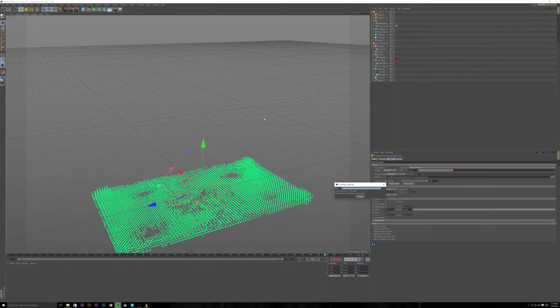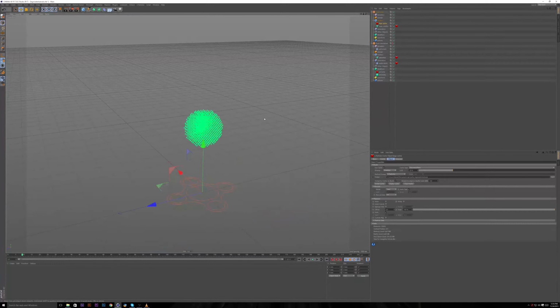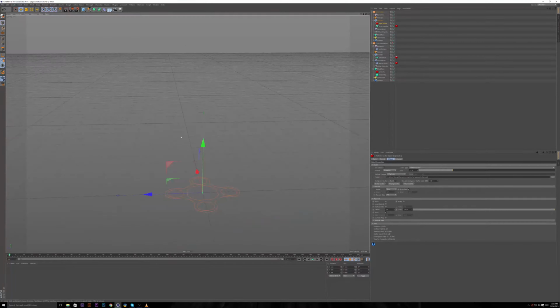I hate simulating, and this isn't even taking that long. I mean, I've done simulations that took like hours. Especially if you're doing super high res stuff, it's just really annoying. You make a preview, and then you hit simulate, and it looks good, and then you do a high res simulation, and everything looks totally different, and then you have to start over again. Anyway, so now we did this. We did the cache thing,